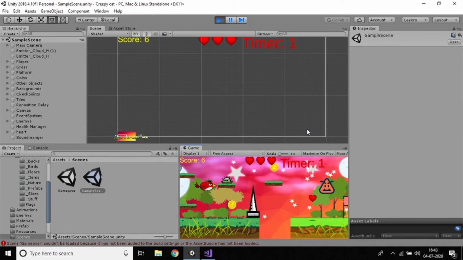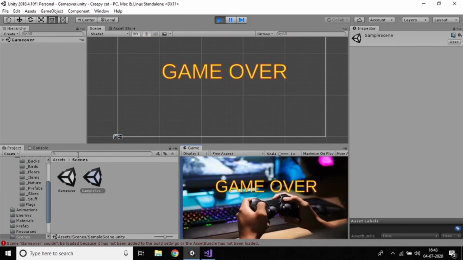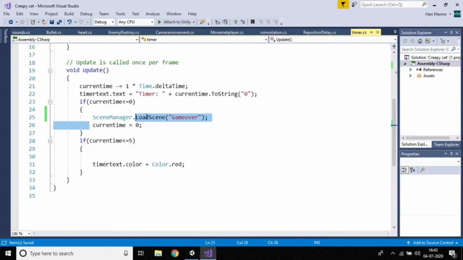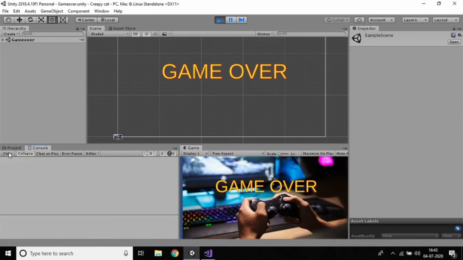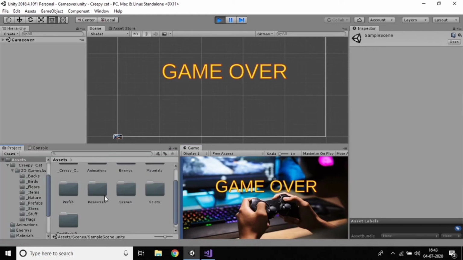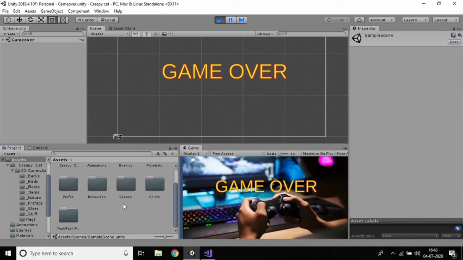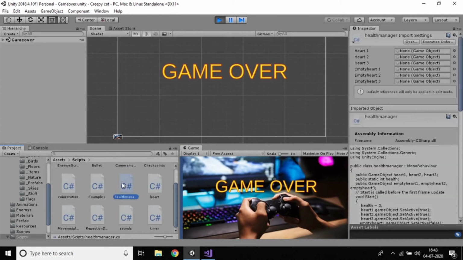You can see you'll get game over. Yes, of course we are getting the game over scene. If you lose all the hearts you also need to get game over, right? I think we have written that in the health manager, right? Go to hearts, go to scripts and open the health manager.